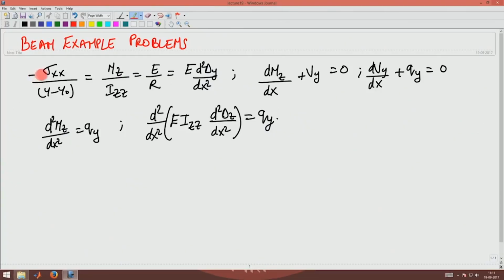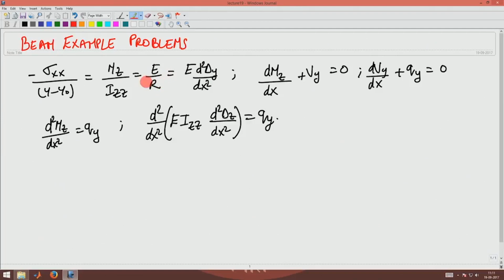Welcome to the 19th lecture of Mechanics of Materials. In the last lecture, we derived the governing equations for a beam bending problem. The equation that we derived was minus sigma xx by y minus y naught equal to Mz by Izz equal to E by R, which is E d square delta y by dx square, where R is the radius of